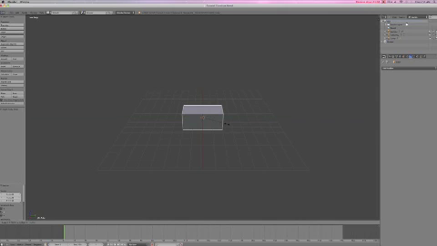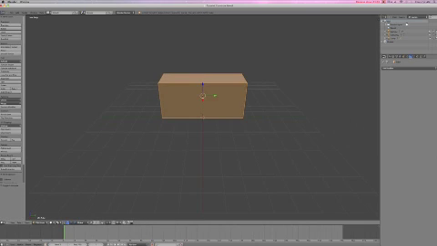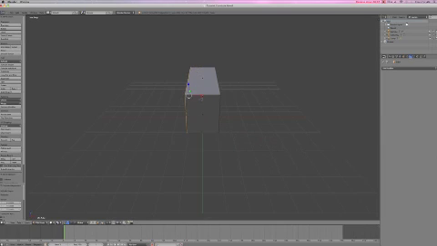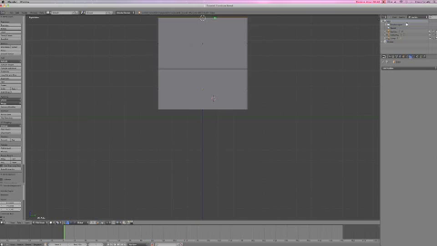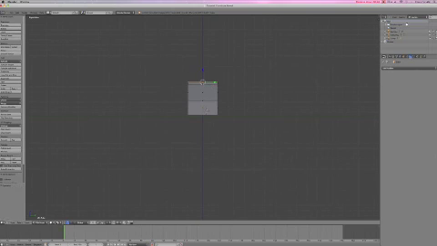Okay, so we're going to create a new scene. Call it furniture. I'm going to scale it on the y-axis just a little bit. So, this is going to be the dresser. So, we are going to create the